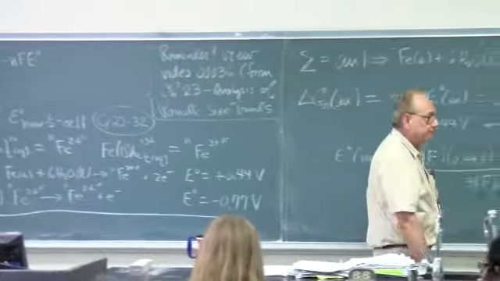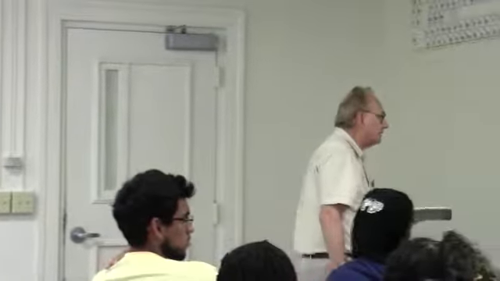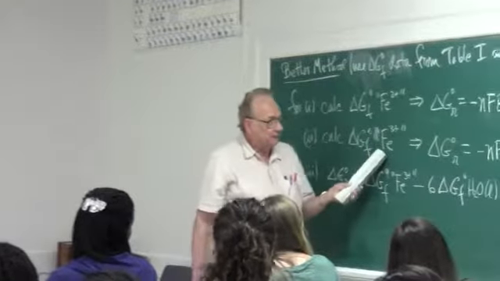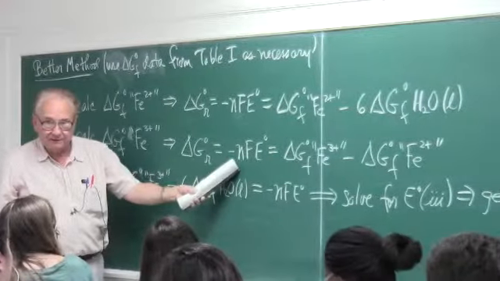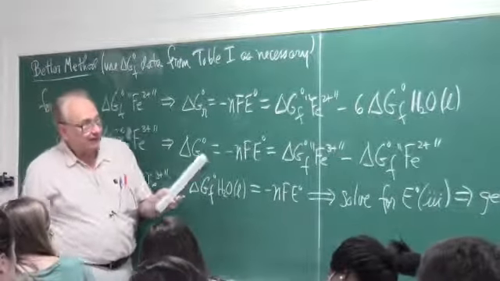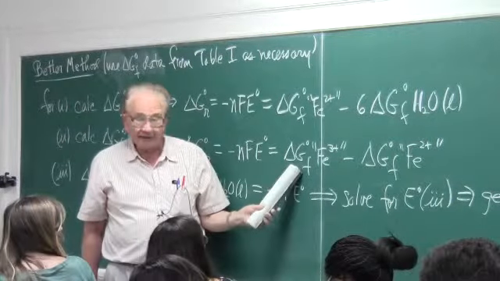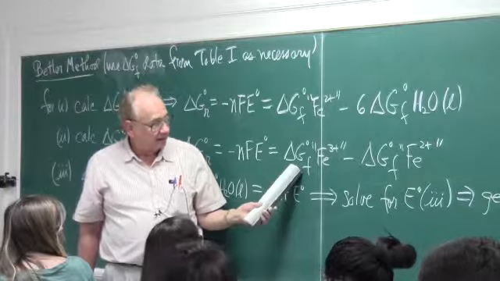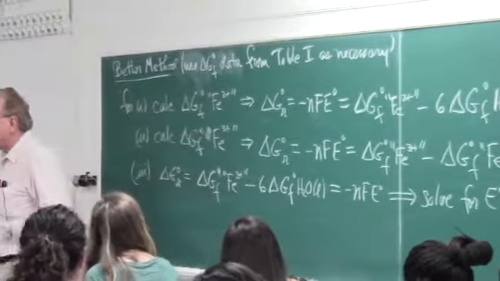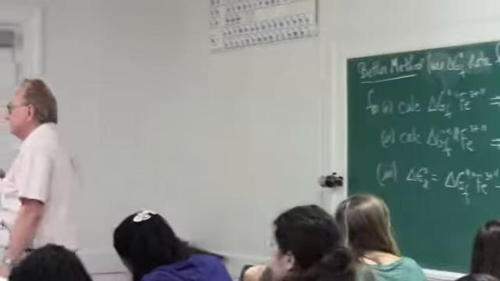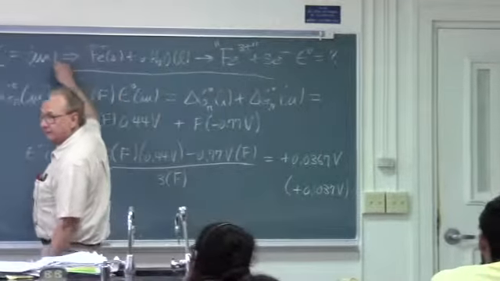So we go to 2, with the intention of calculating delta G sub F super 0 for hydrated iron plus 3. We get delta G0 for the reaction from this. From half reaction 1, we got delta G sub F super 0 for hydrated iron plus 2. So we calculate. This is the only unknown now: delta G sub F super 0 for hydrated iron plus 3. So now when we go to the half reaction, which is the derived half reaction, this one,